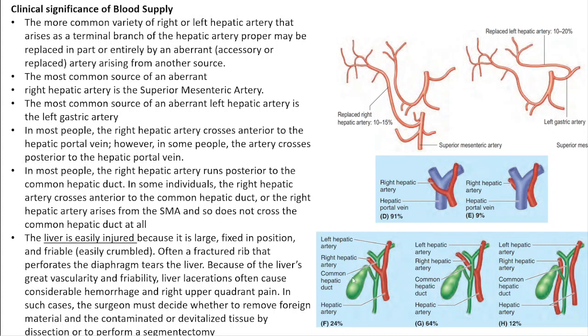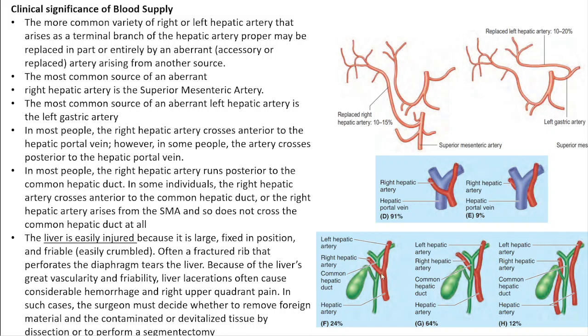And in case of cholecystectomies, again we have to do dissection in this area, and we have to locate and clamp the cystic artery, which is a branch of the right hepatic artery, and we have to make sure that we save the right hepatic artery. If we end up clamping the right hepatic artery also, while we actually needed to remove only the gallbladder, so we needed to clamp only the cystic artery.